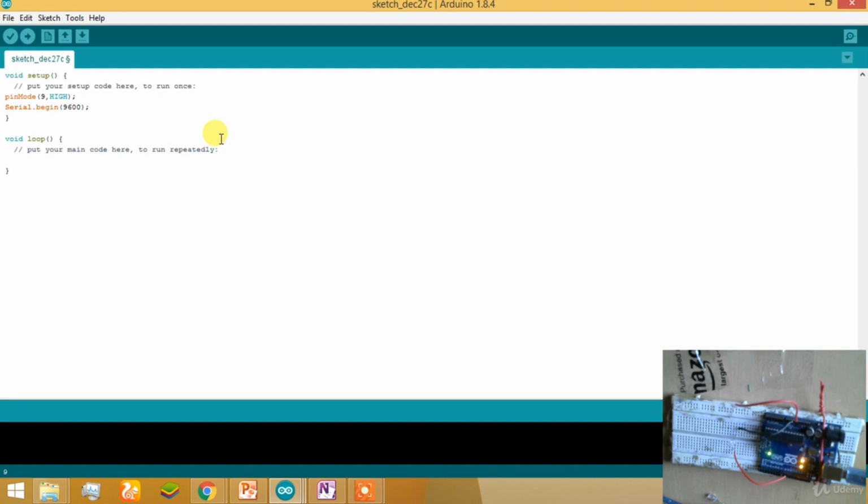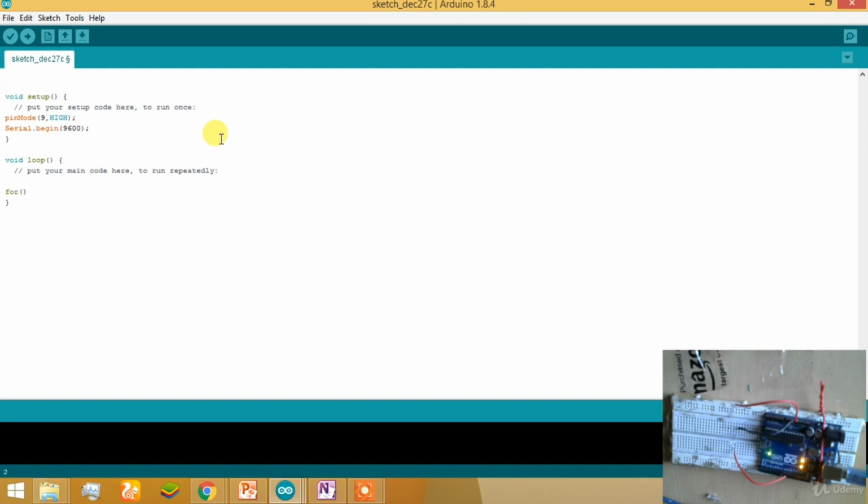Now come here. This is the part where the loop plays its role. for is the word for declaring the for loop. Give two parentheses and let's see the syntax. First of all, we want a variable with a fixed value, and we should always make it a global variable. If we write it in the void loop, it will be a local variable, but if we write it before the setup and before everything, declaring int x is equal to 0, it becomes a global variable and its value will be taken only the first time. After that, in every iteration the value will change as per the loop.